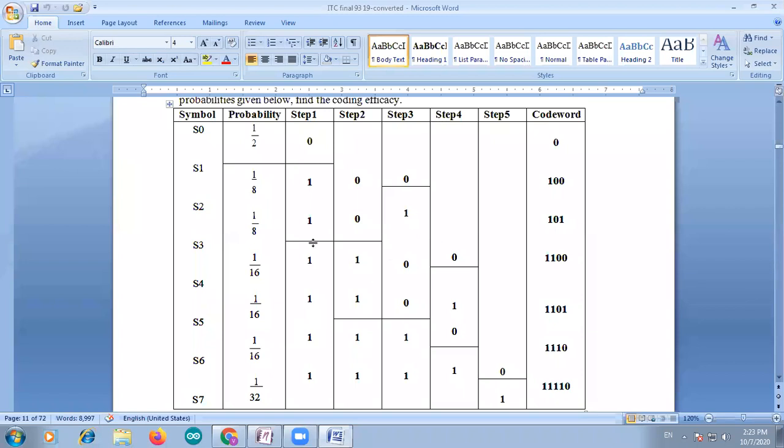Again, grouping them. What is the probability condition? The entire group probability is 0.5, so now divide them into two groups depending upon 0.25 and 0.25. Now 1 by 8 is one group, that is 0.25. The remaining are also 0.25. That's why in that second step, 2 symbols are one group, and the remaining 4 symbols are another group.